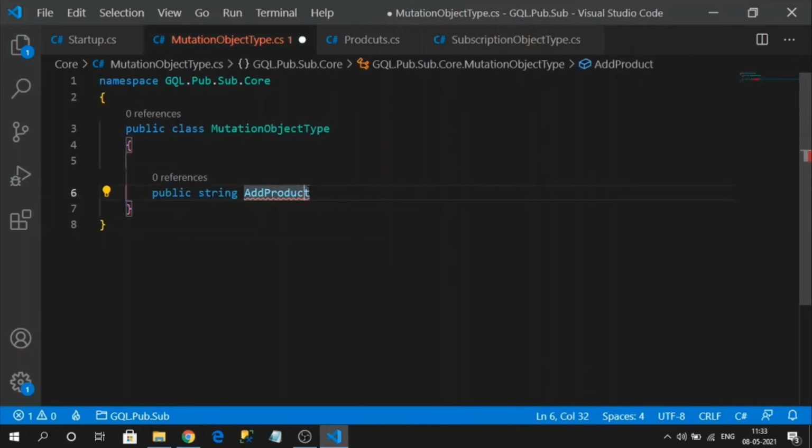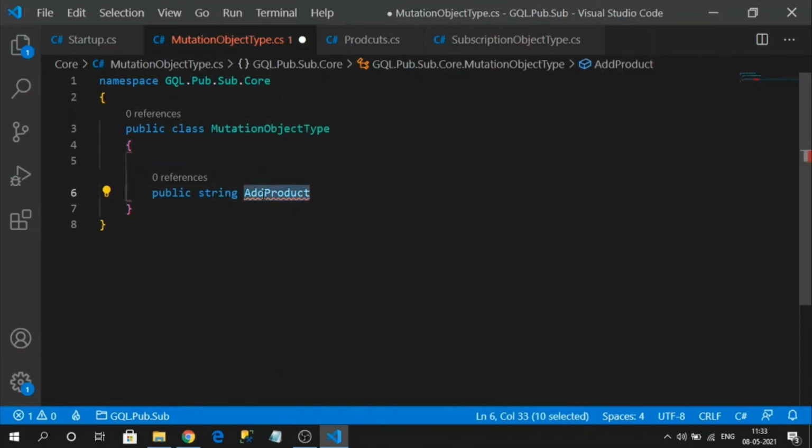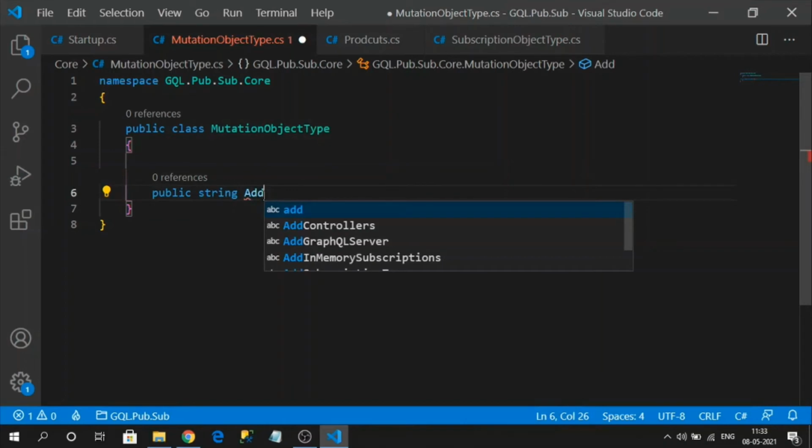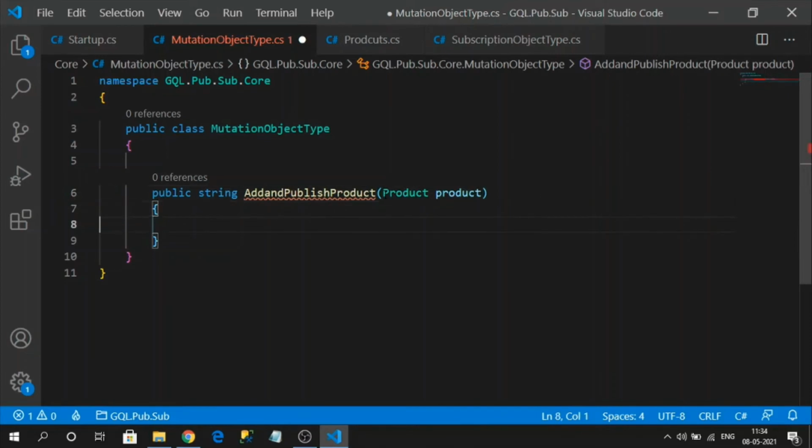Let me name it like a product publisher, AddAndPublishProduct. So this is my name, and it will send the payload like product. This is my payload from the users.